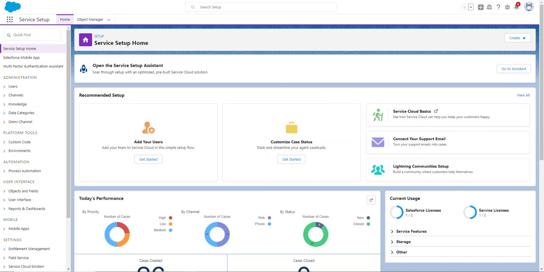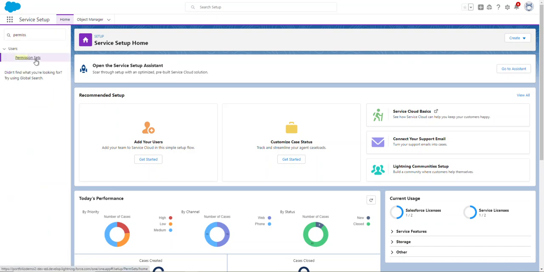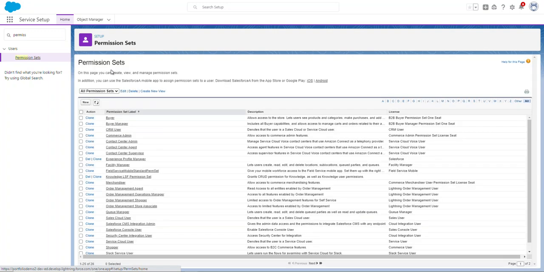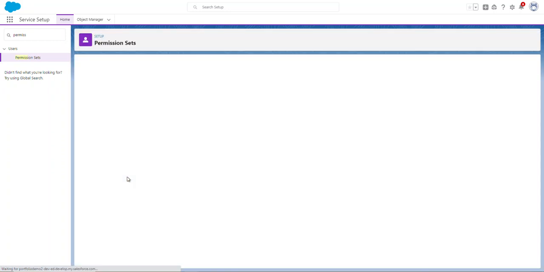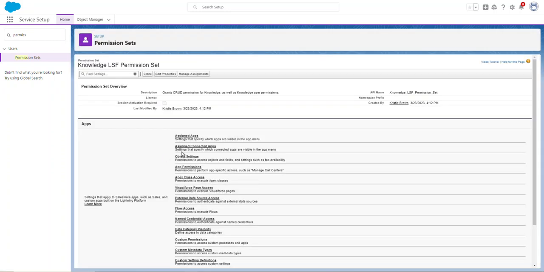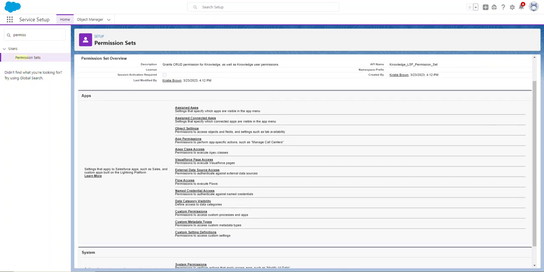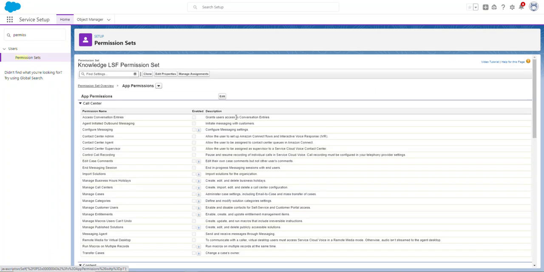Now we also need to make sure that they have access. So again, while we're under the service setup, we're going to look at permission sets. Notice we have this knowledge LSF permission set. So if we click on the name of it, you can look at the app permissions. So we're going to click right here where it says app permissions. And we need to edit this